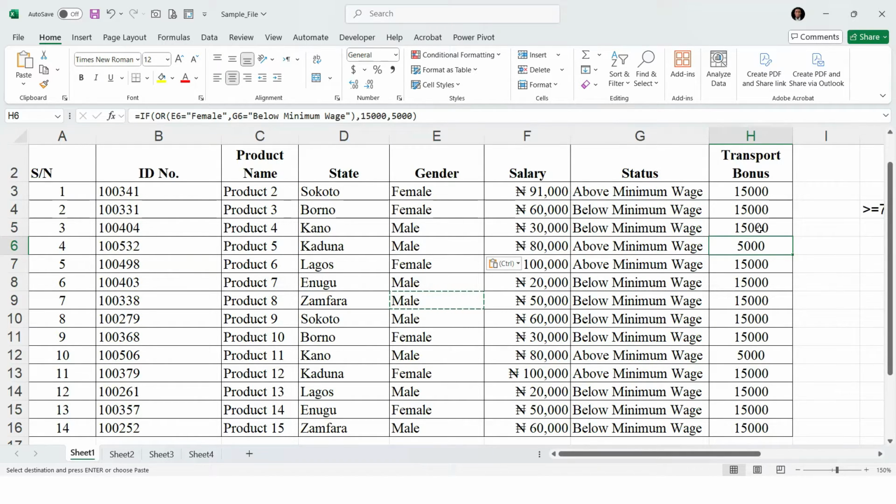Okay, below minimum wage, yeah. So this person has above minimum wage. That's why he has 5,000. This one also has 5,000. You see, it's a male with 80,000, so the person did not qualify for the criteria. But all other people, this person is above minimum wage. But the reason why the person has 15,000